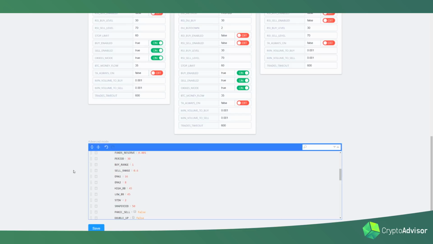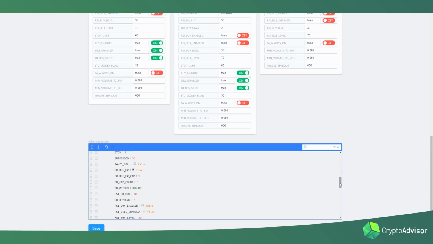The sell range is obviously where you're going to be getting that profit from. And again, you don't want to be too greedy, especially in these downtrending markets, which can be quite dangerous. You can ignore your EMA settings and Bollinger Band settings. The only settings that you're going to want to worry about next are double up, which I always enable. Personally, I use double up and not stop loss. Obviously, you can use stop loss, but it's definitely a lot more risky, and double up can help minimize those